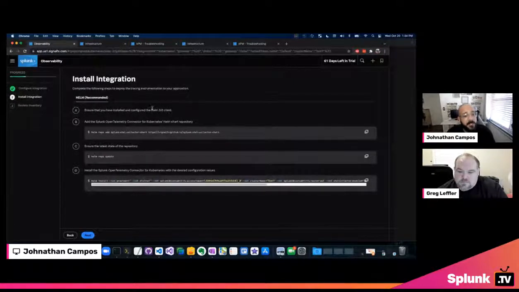Of course, with Helm charts, things become very easy with Kubernetes. We'll add the repository, update all our repositories, and then simply copy this line of code here, which is a simple Helm install command. And you can quickly see that you just paste that and your installation is complete.